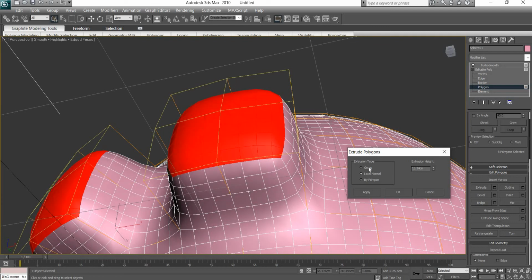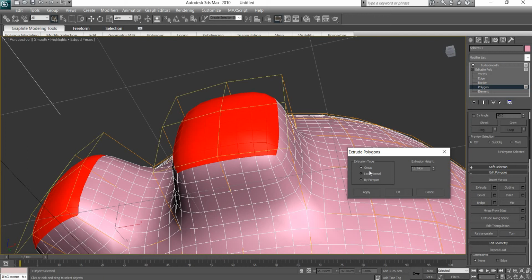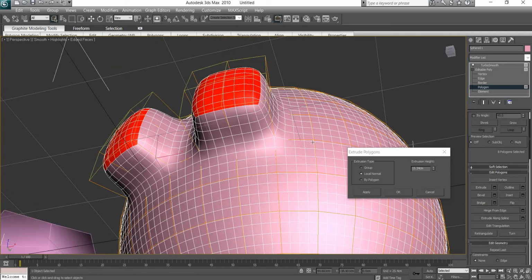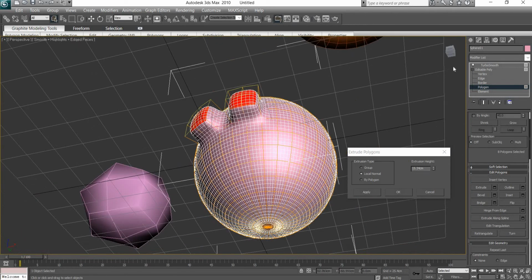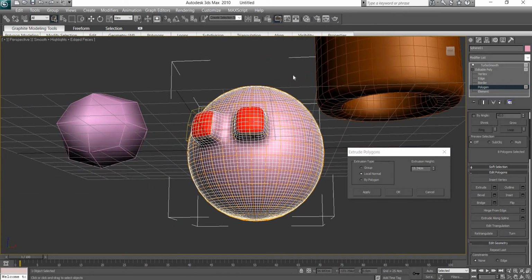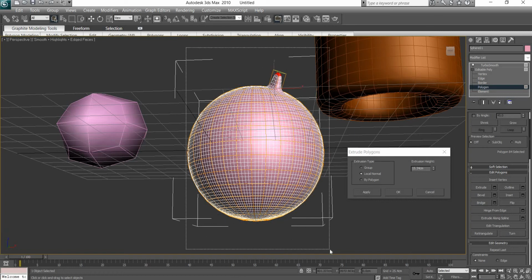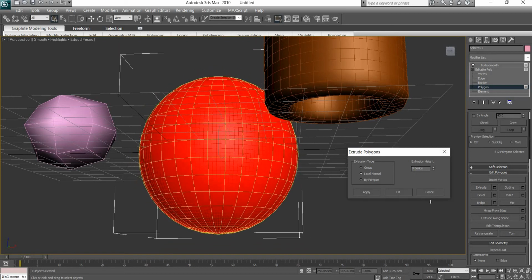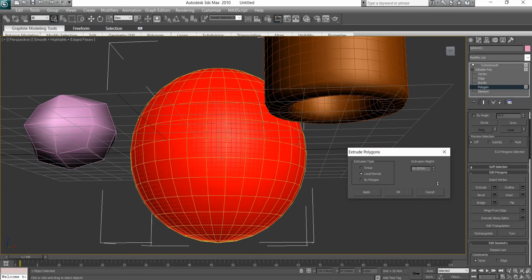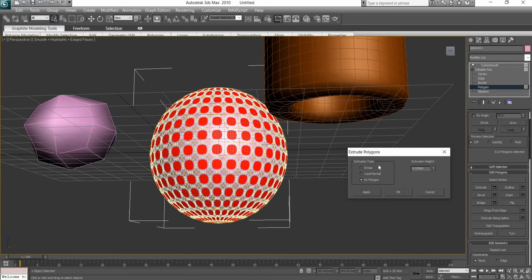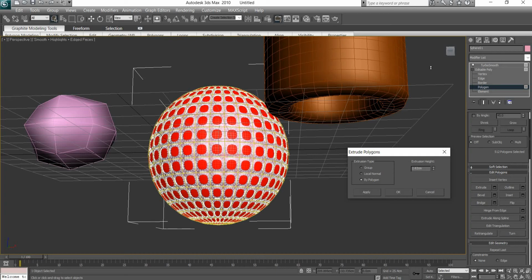And the group option also gives a similar kind of result. Even if we go back to polygon level and select all the polygons in the sphere, with the local normal you don't see it because it is applying to all the faces. And if we go for the by polygon option,